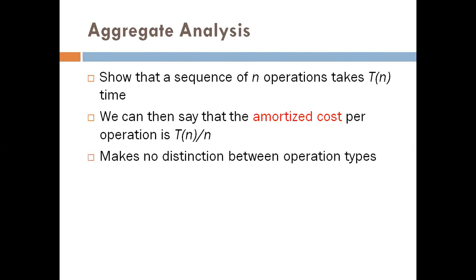Okay, it means now suppose we consider one example. Suppose we have 5 operations in a sequence. For the first operation, suppose we require time 1. For the second operation, we require time 1. For the third operation, same time 1. For the fourth, we require time 2. And for operation number 5, we require time 10. So T(n) is nothing but 10 plus 2 plus 1 plus 1 plus 1, that is equal to 15. And the number of operations is equal to 5. So the amortized cost is equal to 15 divided by 5, that is equal to 3.